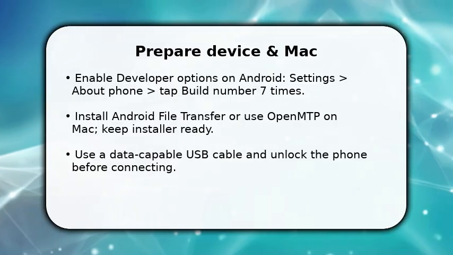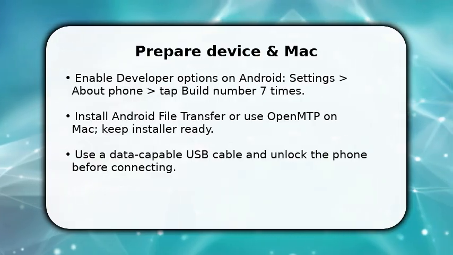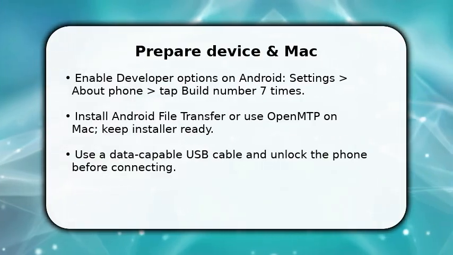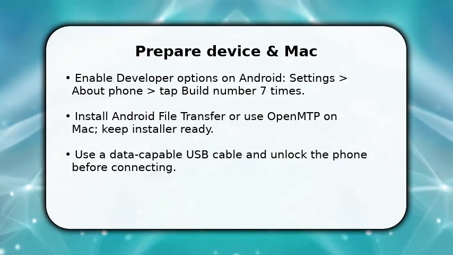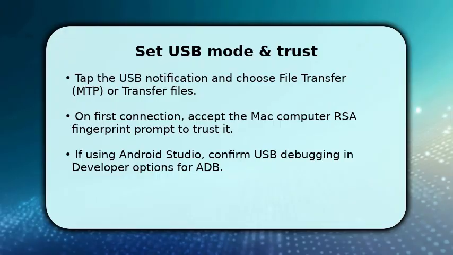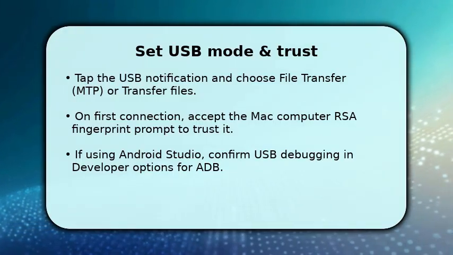Once done, connect the USB and watch for the USB notification on the phone. This is required to change the mode from charging only to file transfer, which the Mac app needs to see the device. After connection, tap the USB system notification on Android and select File Transfer or Transfer Files so the